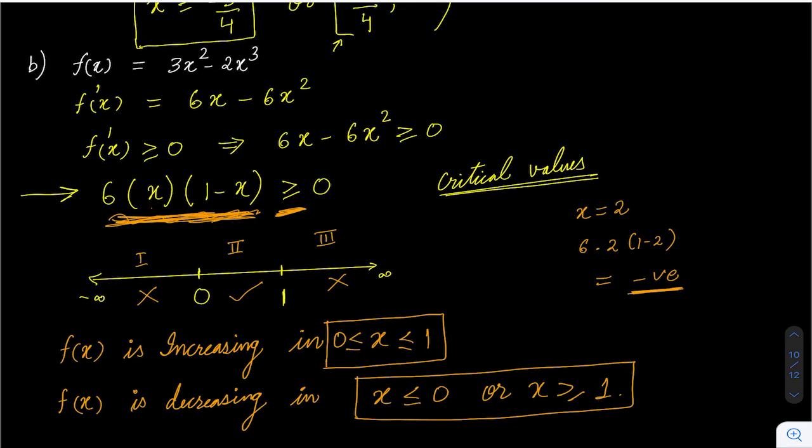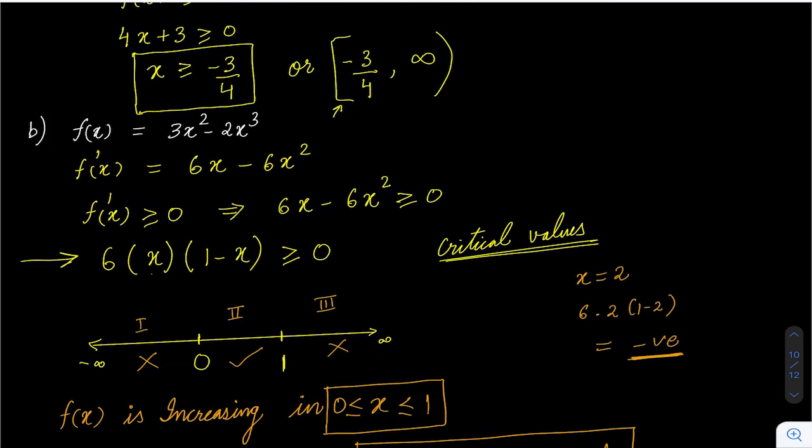Now this is one of the ways of solving inequalities. I'm not saying this is the only way. There are other ways also. What students do is they draw the curve here, because this is a quadratic, right? So you can draw this curve, and then they see which region is positive, which region is negative. So ultimately you are doing the same thing. You are just finding where it is positive, where it is negative. So what I do is, I just take any point in the third region or any region and then check whether it is satisfying or not. Okay. So we will see more when we solve more problems. So this is our answer for B part.